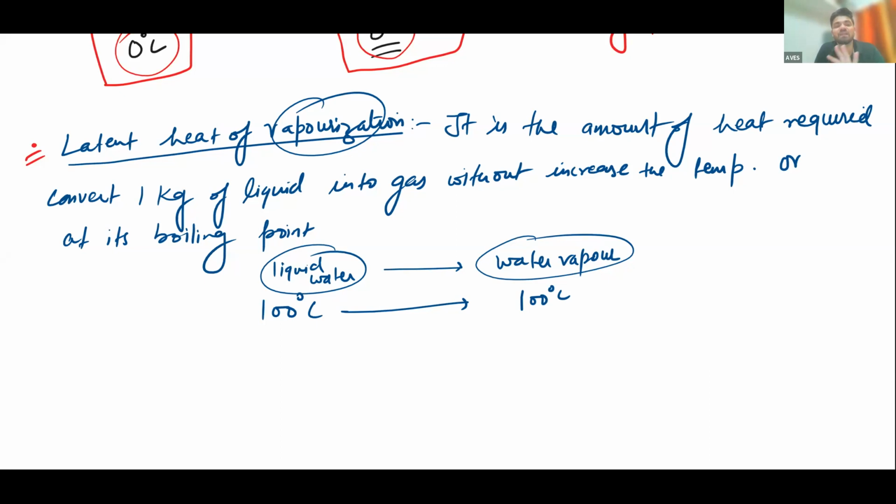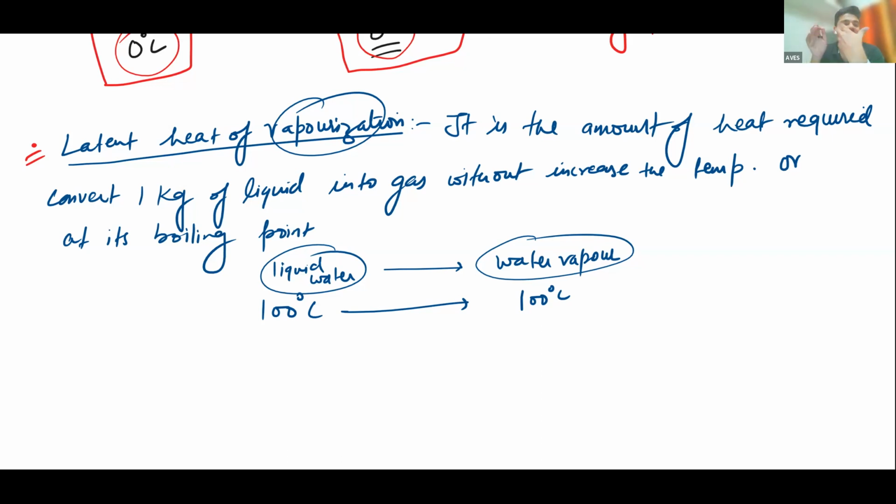So that's why, due to the latent heat of vaporization, or due to the change in the state of matter, the temperature does not rise. Why? Because when the state is being changed, the temperature remains constant. Why does the temperature remain constant? Because the heat is used in overcoming the force of attraction. For example, solid particles are tightly bonded together. They are not free to move. And if you need to convert it into liquid, the particles should move freely, so the force of attraction between them should decrease.